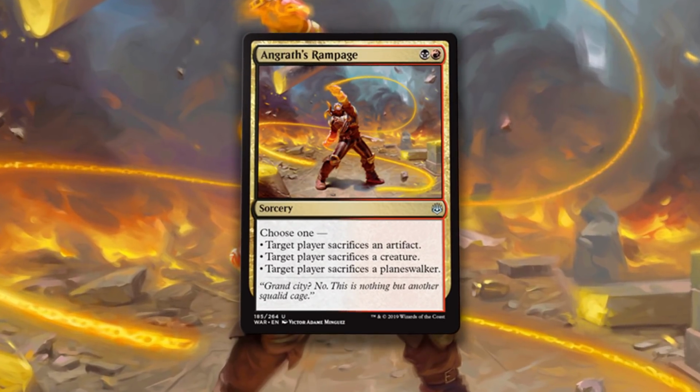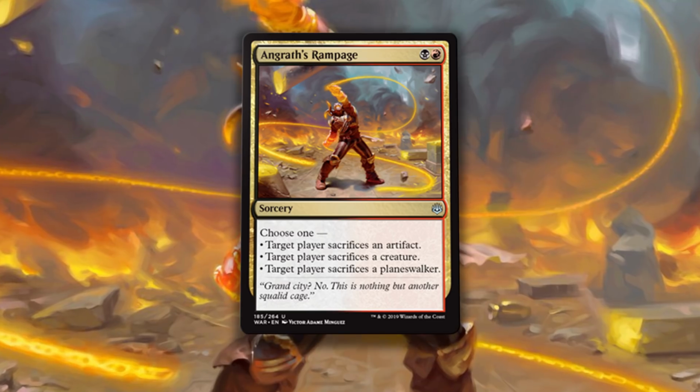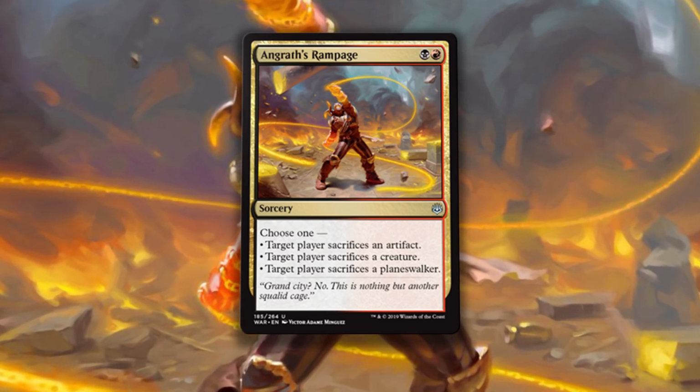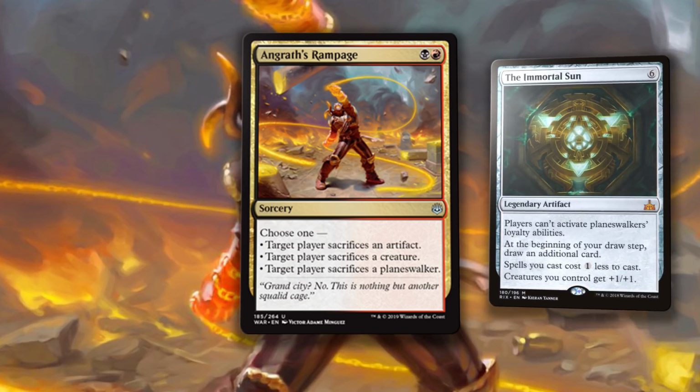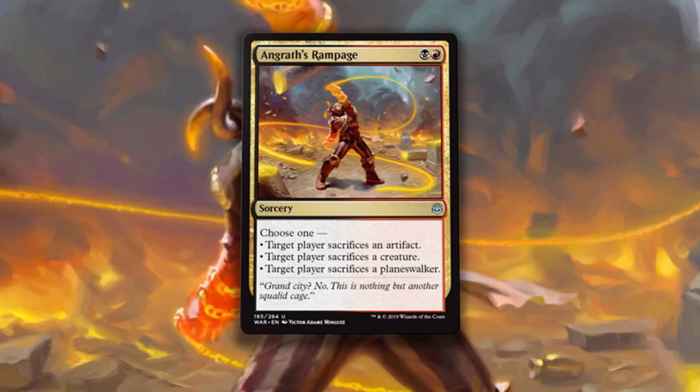Angrath's Rampage is 1 black and 1 red for a sorcery. Choose 1. Target player sacrifices an artifact. Target player sacrifices a creature. Target player sacrifices a planeswalker. Hey, finally a way to get rid of the Immortal Sun. Anyways, this is a heckin' versatile card, basically destroying all the things I'm going to be afraid of in both